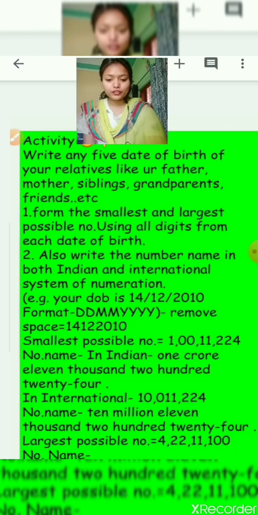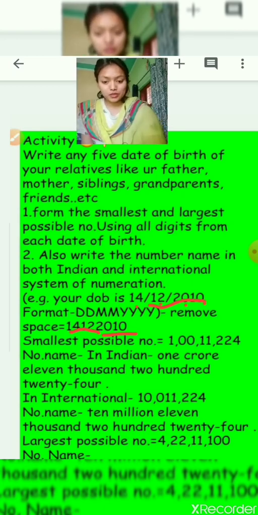If your date of birth is 14 December 2010, you have to write it. After that you have to remove all the slashes, so it will become 14 12 2010. Then you have to form the largest and smallest possible number from these digits.